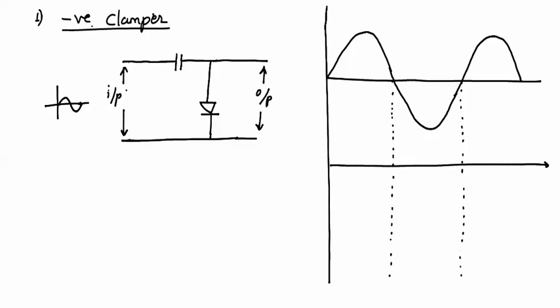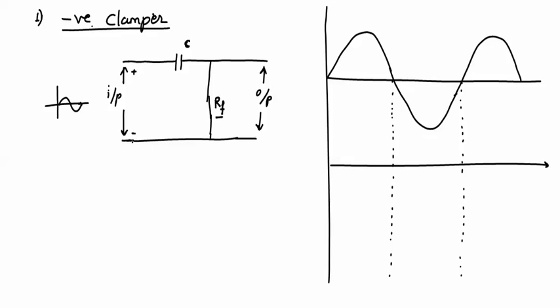Now, first, when we apply this voltage, when the input voltage Vin is in its positive half cycle, this diode D will be forward biased, and this forward biased diode will be replaced by a short circuit. Or if we say that during forward bias it offers a resistance of RF, and this is the capacitance C.